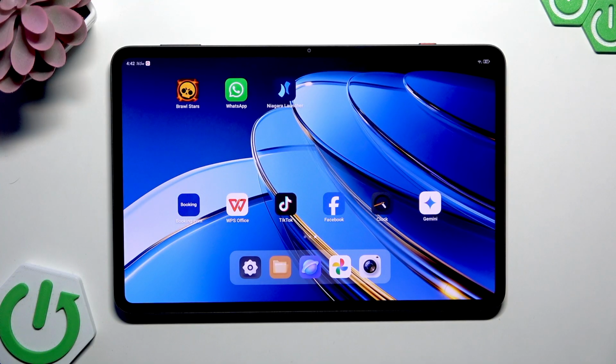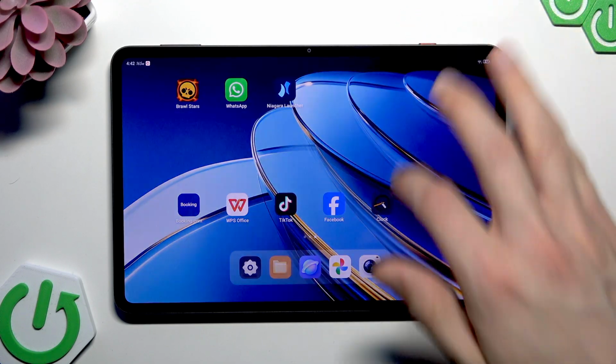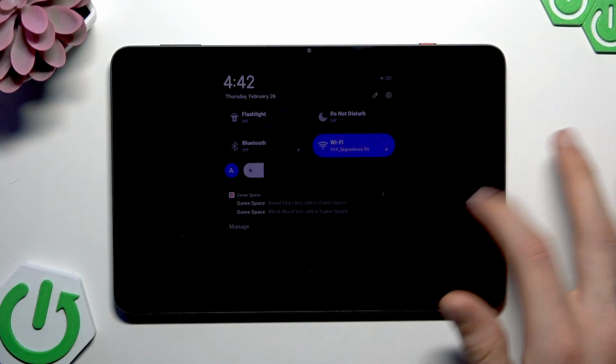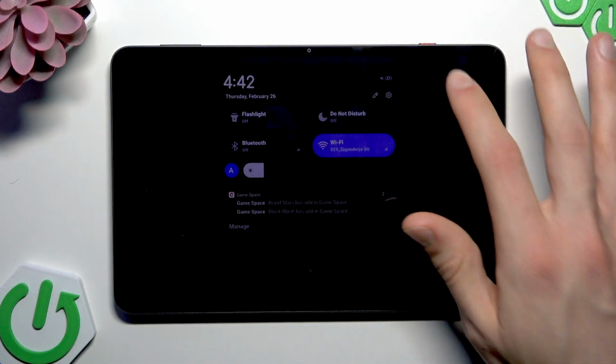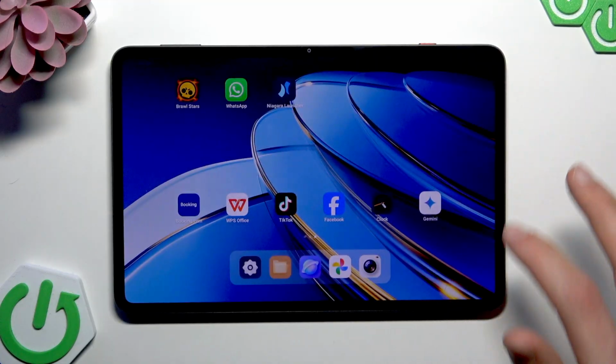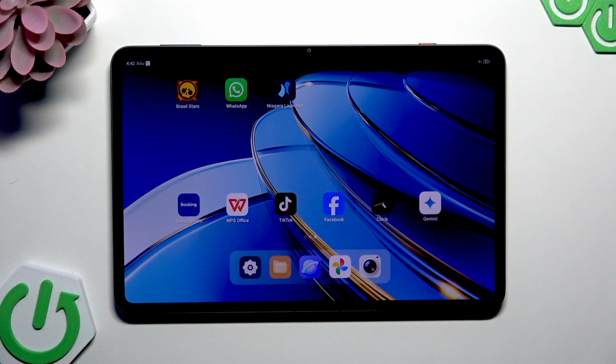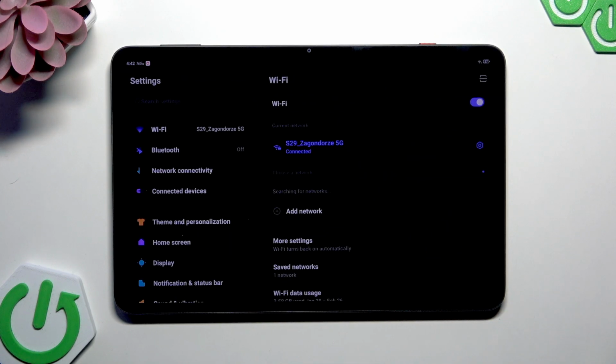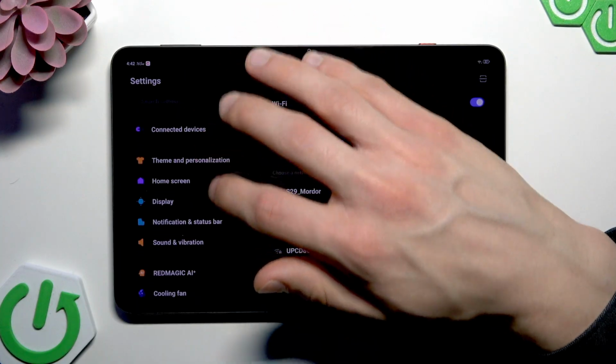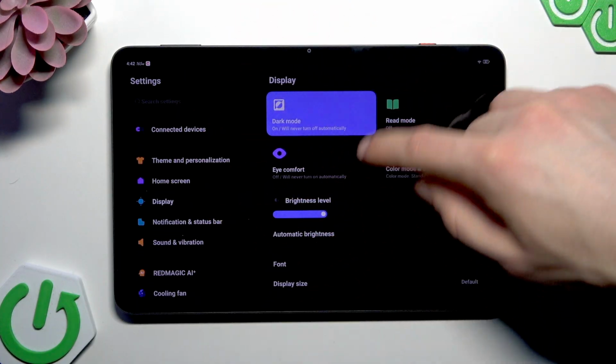So the only real way we can remove the screen flickering in low brightness condition is by lowering the screen refresh rate. So if you have 165 Hz refresh rate enabled currently, this may result in some flickering appearing on your device's screen. So in order to resolve this issue, we just have to go to Settings, then open Display menu, and